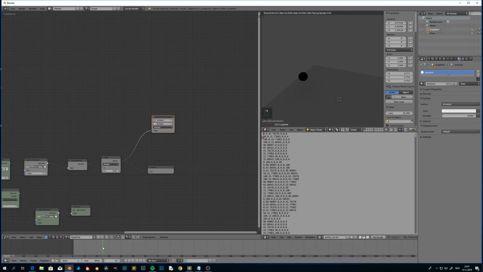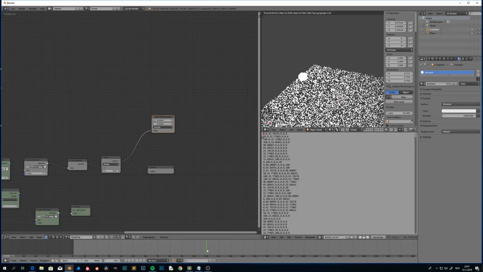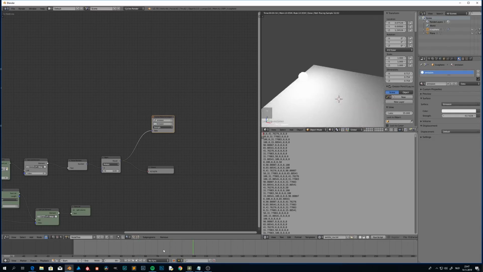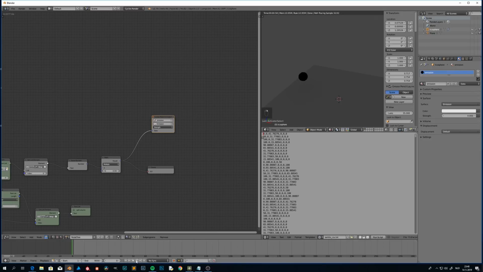Ah, there it is. It's a bit difficult to see because we're in render view now, so it's much slower. So when I press play,